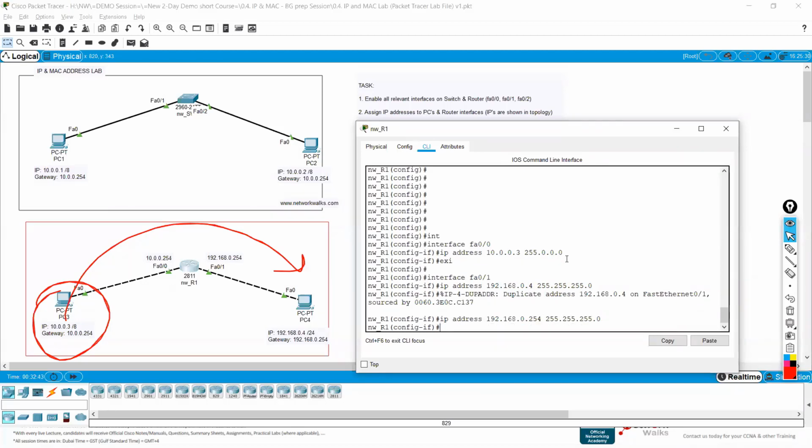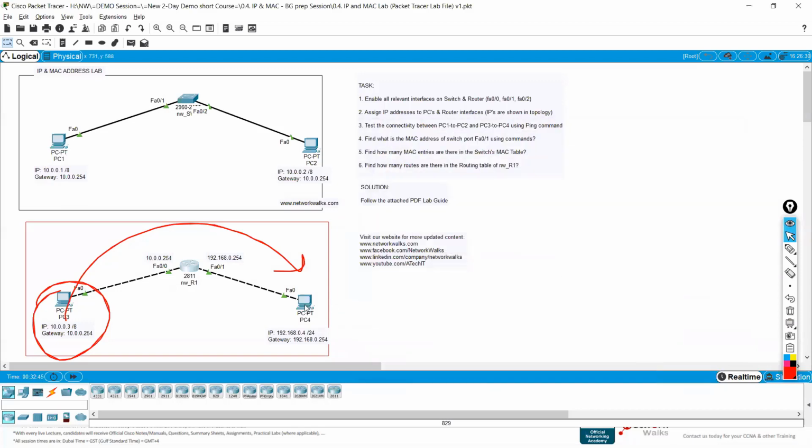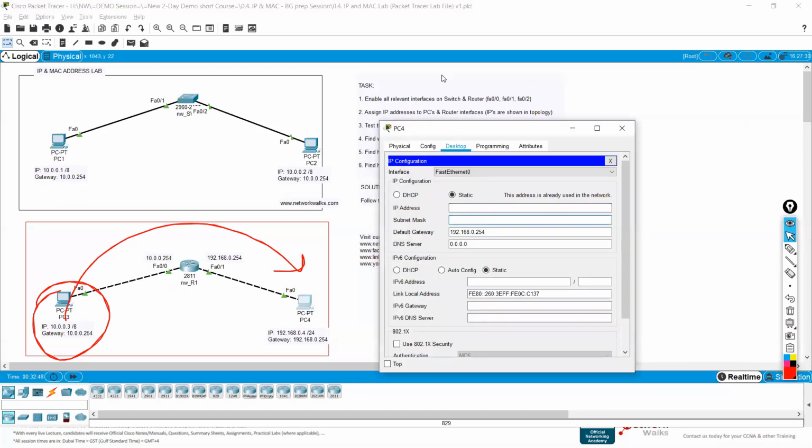.0.254, right? Go here, click on computer. So you can see the computers, and they are intelligent devices, routers, they can detect themselves. And this is called troubleshooting. So making a mistake is a good thing because this is how you learn. So when you do the labs with your hands yourself, you will find so many of these kind of things. So it will be easy for you guys.